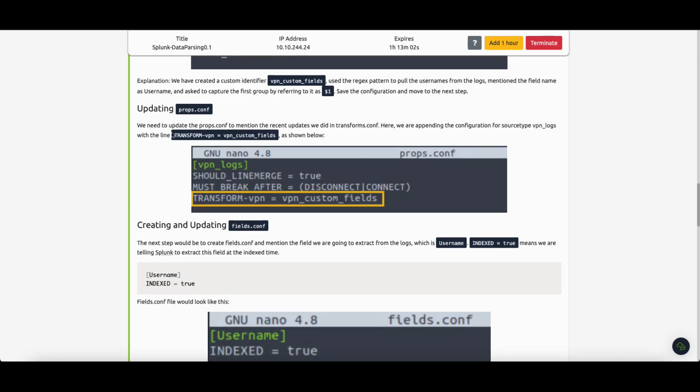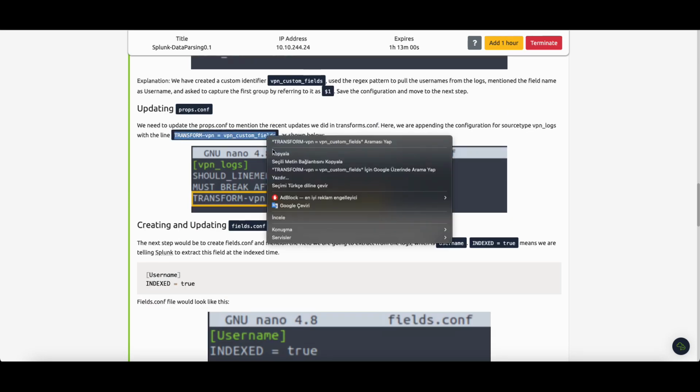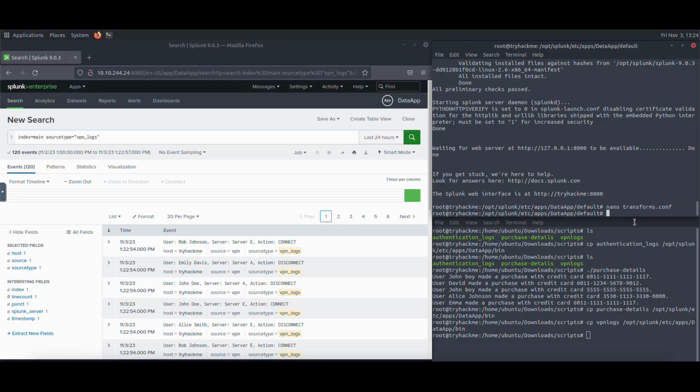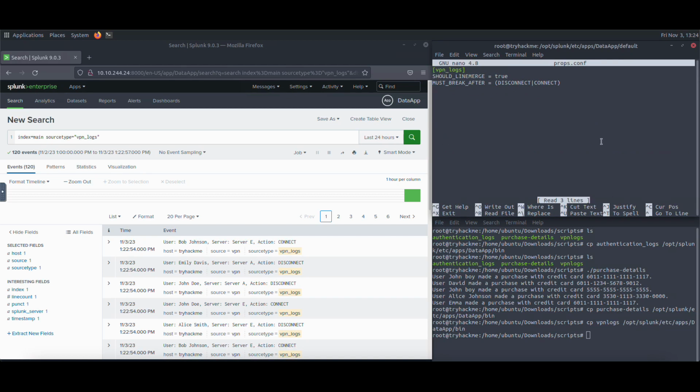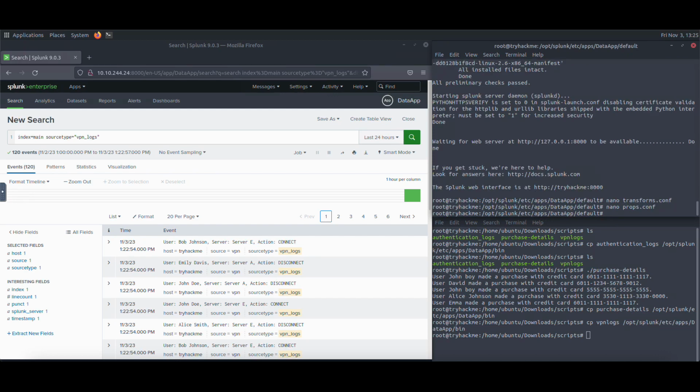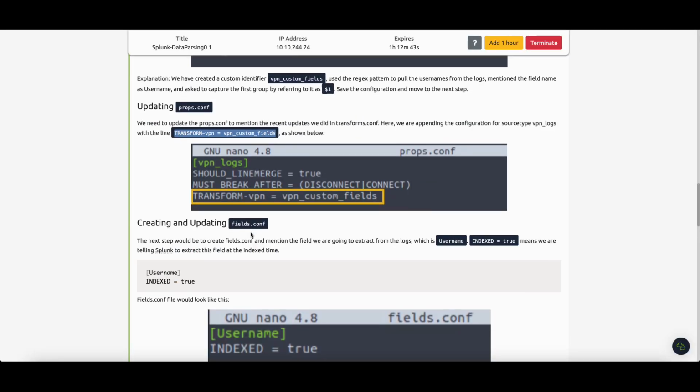So let's create it by adding these lines to our props.configuration file. Let's open it and come here, add the line, Control O, enter, Control X. Okay, and then